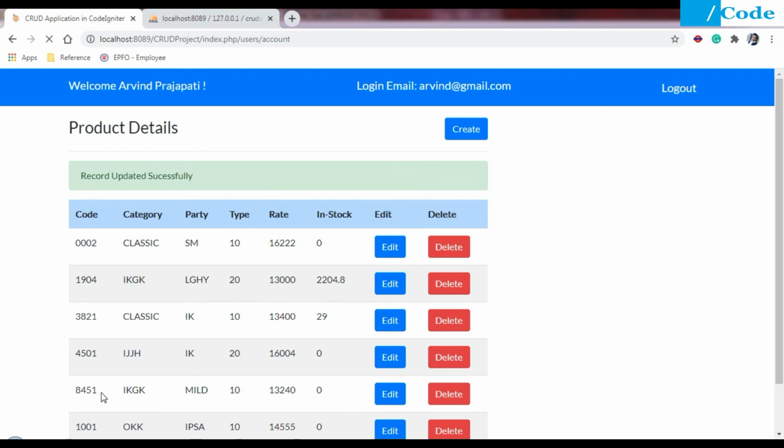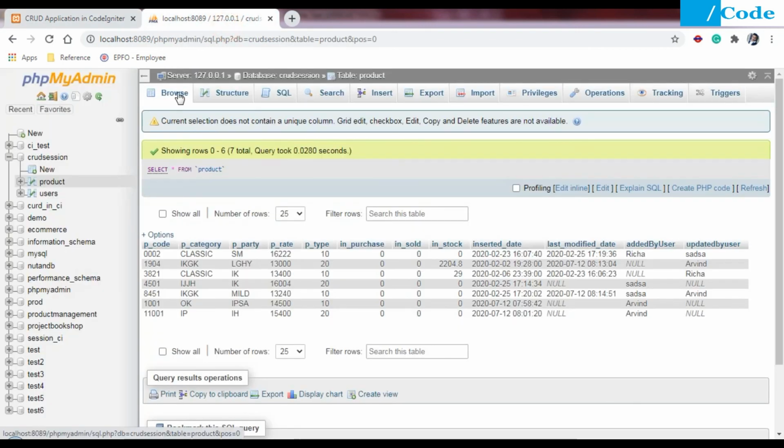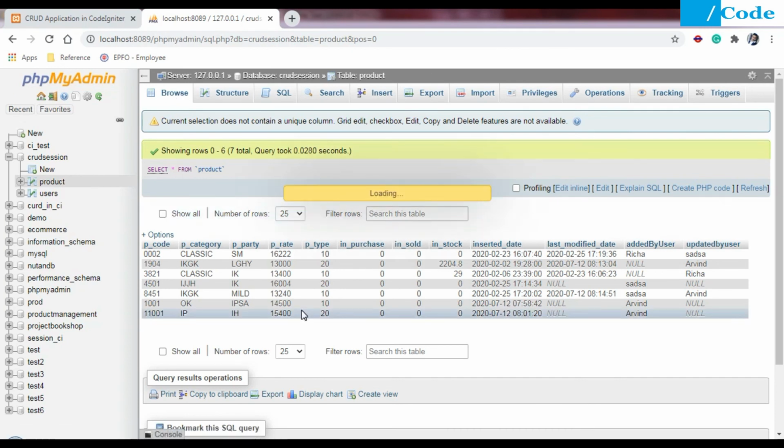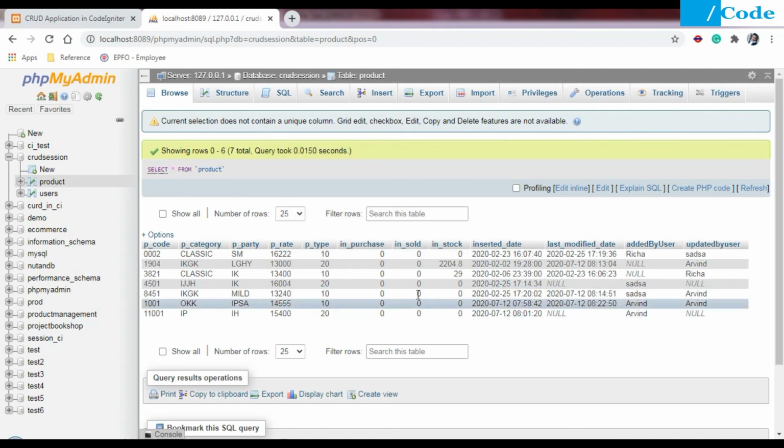If you see this, we have updated 555, okay, and let me browse once again, and inside the database also it will get updated. Okay, so as you can see, these details have been updated: the last modified date and data, and updated by user as Arvind.